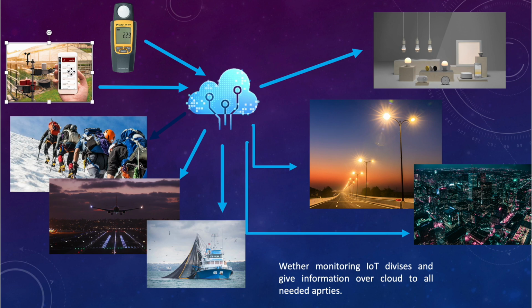Here you can see clearly there's wind monitoring, then temperature monitoring, humidity and other weather related instruments. I also added this instrument which monitors the light, which could be a part of weather monitoring IoT. So this would form an IoT device that tells us real-time information about